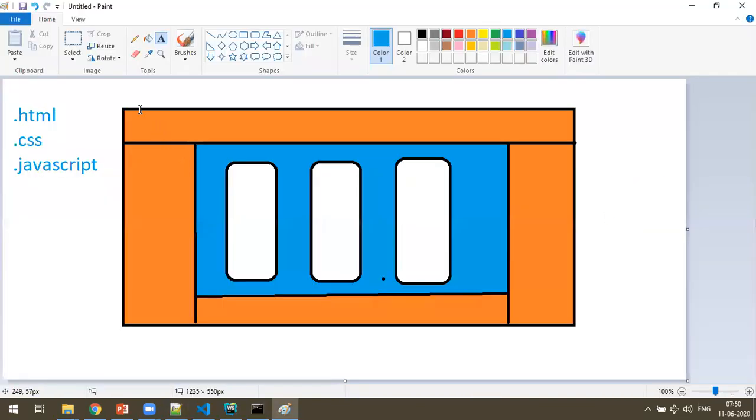So what is the small portion? A navbar is a component. The left sidebar is a component. The right sidebar is a component, and the footer is a component. This main area is a component, and this card is a component, like that. So they have divided the entire application into various portions of UI. That portion is called a component.